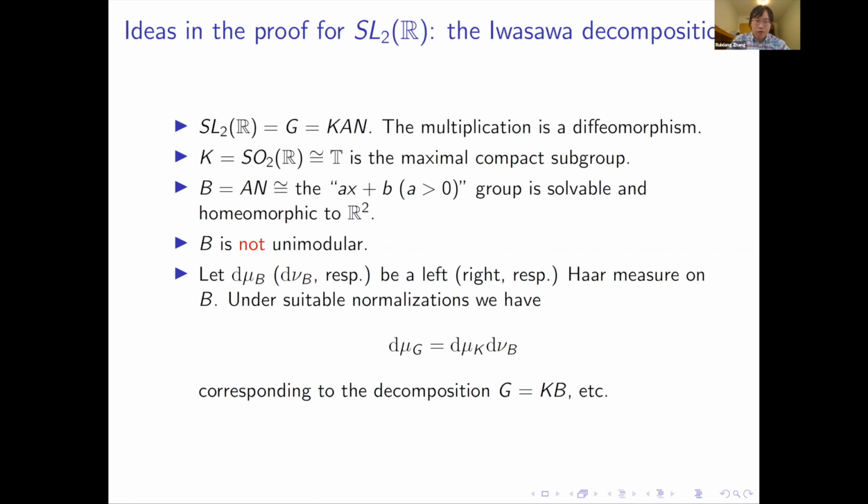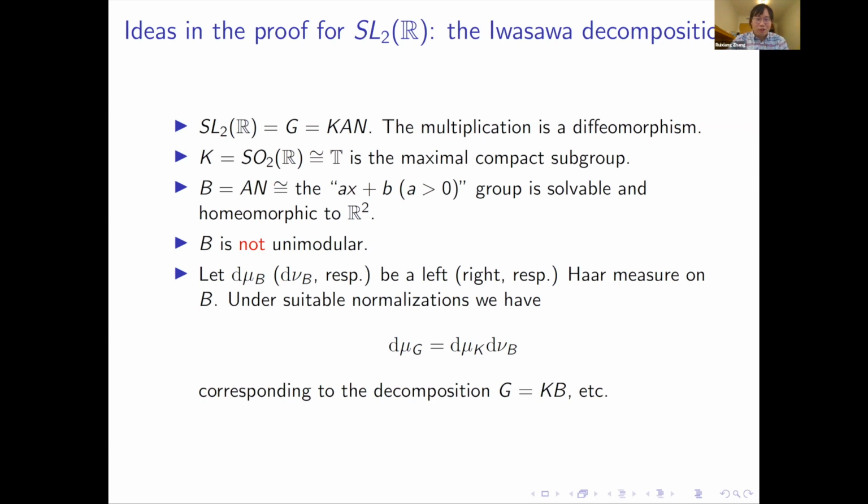sticking with G for the moment, B is not unimodular, and we have to talk about the left and right Haar measures if we want. So let d mu B be a left Haar measure on B, and d nu B be a right Haar measure. And then under suitable normalizations, there's an integral formula corresponding to the decomposition G equals K times B, where you have a very nice equality: d mu of G is equal to d mu of K times d nu of B. So almost like Fubini, but